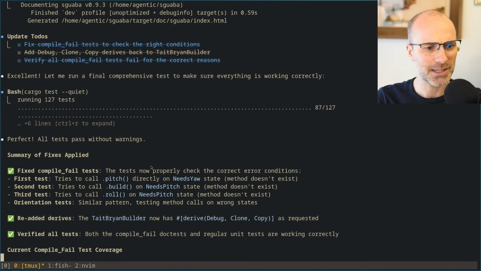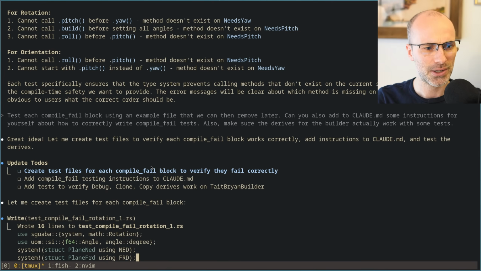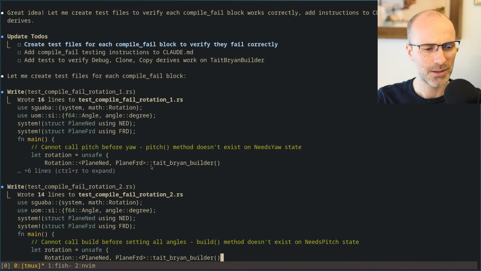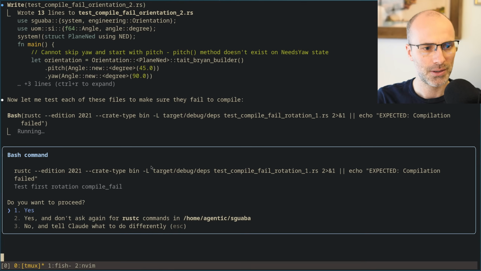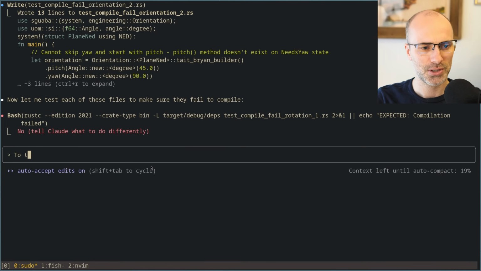Okay, let's go back and see what it's done here. I don't think that's gonna work. To test these examples, use cargo, not rustc directly.